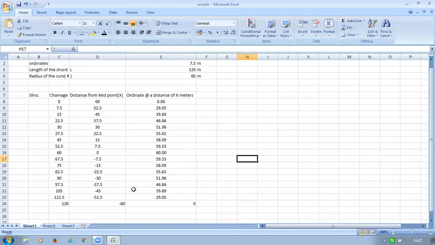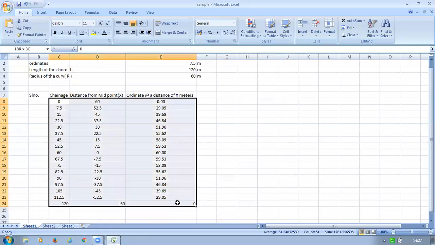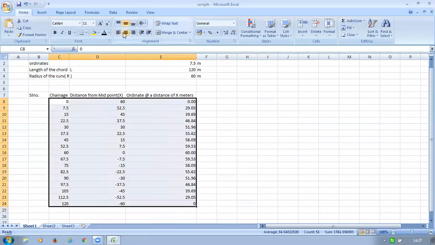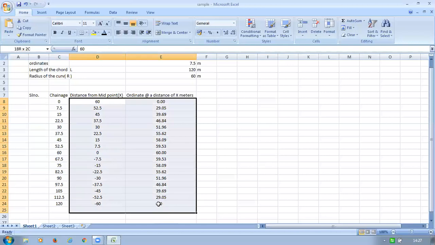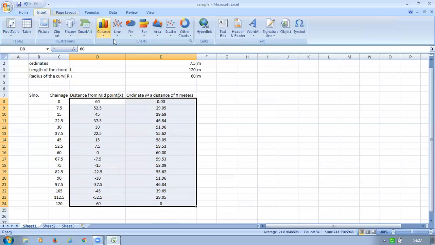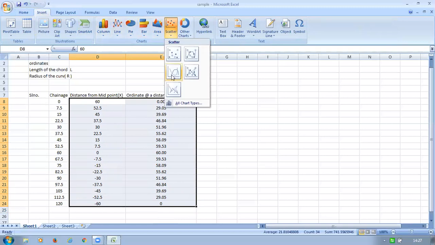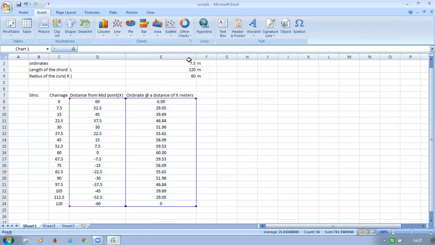Now how to draw the graph. Now we are going to see how to draw the graph. So just select this x and this one, both the numbers. We don't require any text. So select these two, go to insert, scatter, and select this chart.